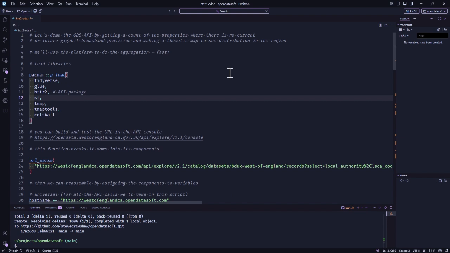So what we're going to do is use the Broadband provision, the BDUK data set, and we're going to look at which LSOAs have low provision of current and future gigabit broadband. So we're going to get a count of the properties where there is no current or future gigabit broadband by LSOA, and we're going to map it onto a nice thematic map which shows the distribution